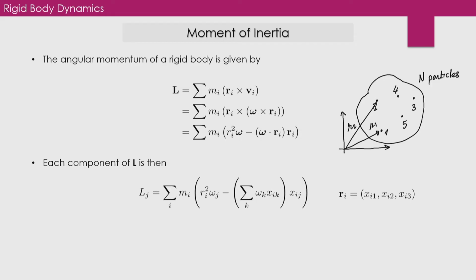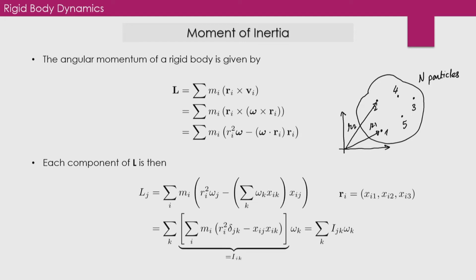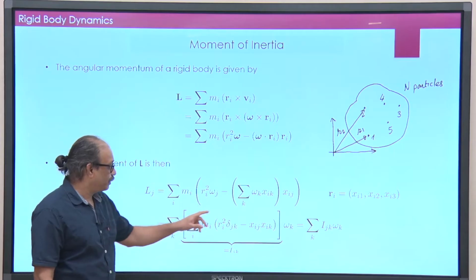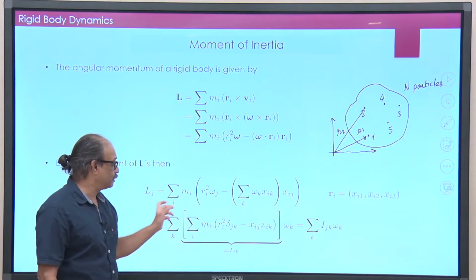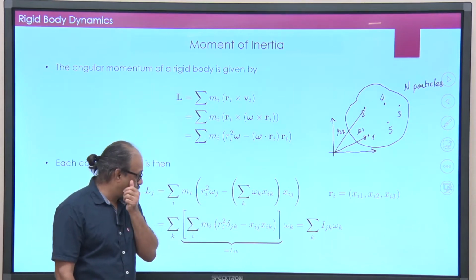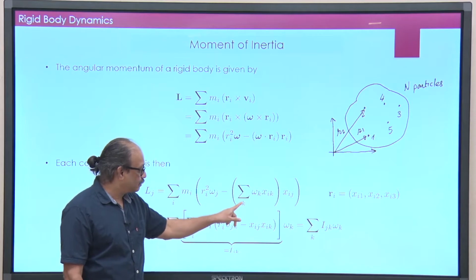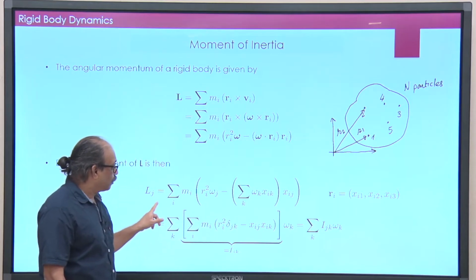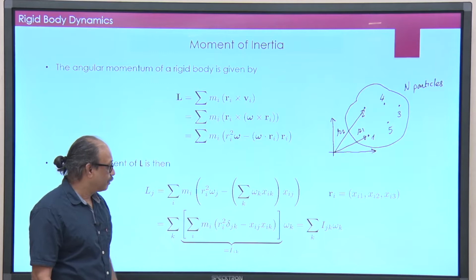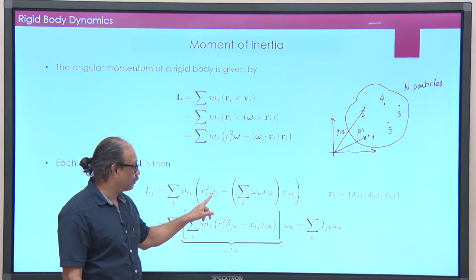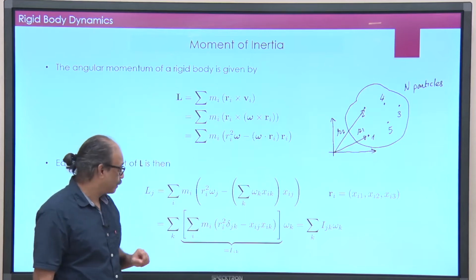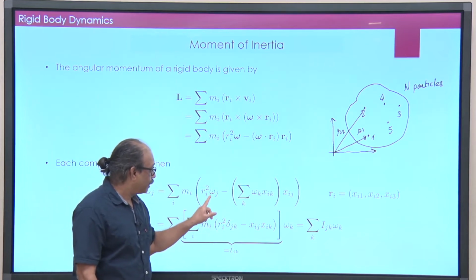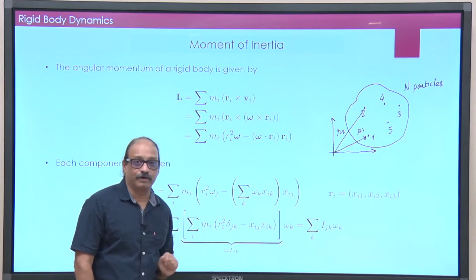Now, let us rewrite this a little differently. If I rewrite this slightly differently, I am going to take this summation over k first of all outside here. Okay, so you are interchanging the summation over i and the summation over k. But when I take this k out, all that I want is basically only one component of omega_j. So, that is why I have added the delta_jk there, okay, multiplied by r_i squared, and now all the omegas have gone out.